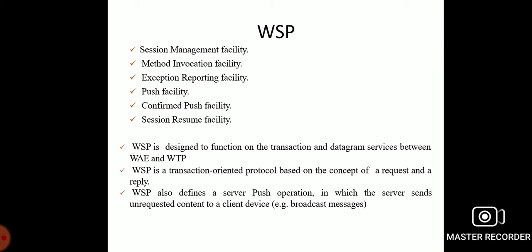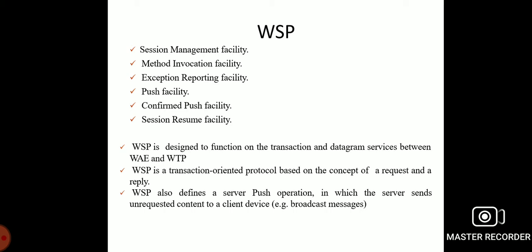The exchange of session headers: the client and the server can exchange request and reply headers that remain constant over the lifetime of the session. These headers may include the content type, character set, languages, device capabilities, and other static parameters. The Wireless Session Protocol/B will not interpret the header information but passes all headers directly to the service user.